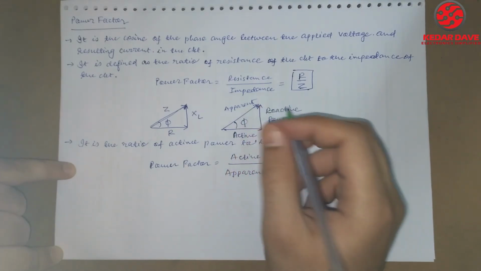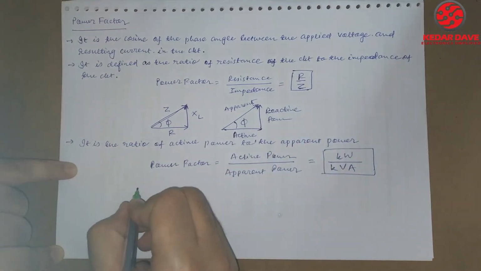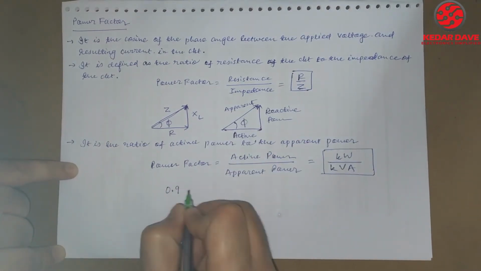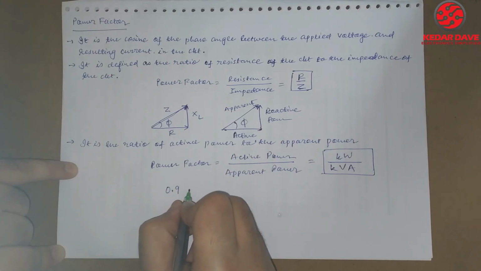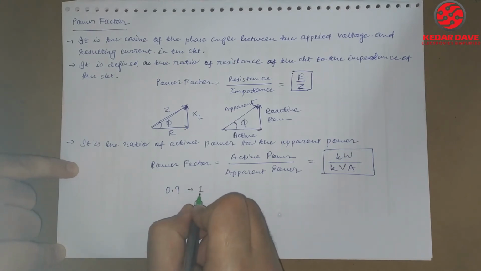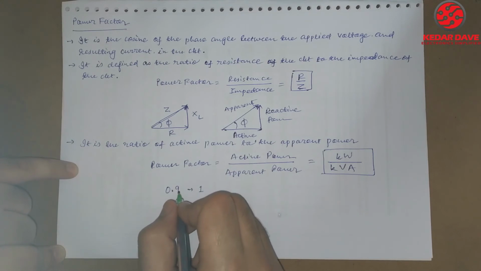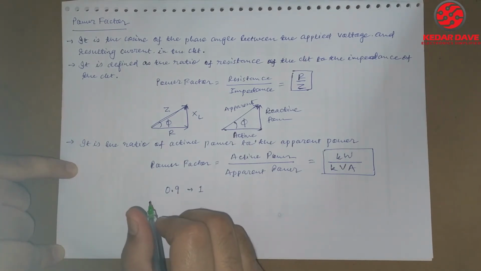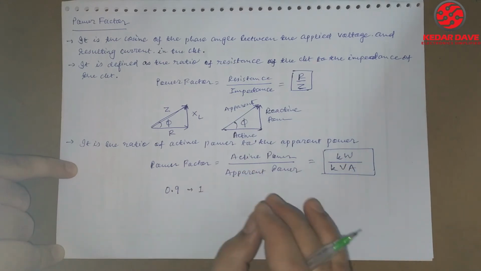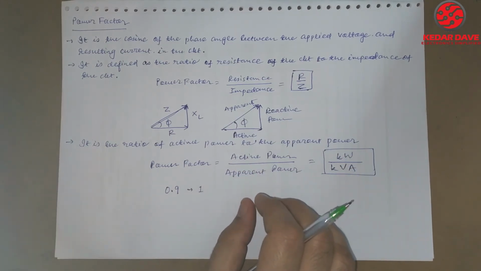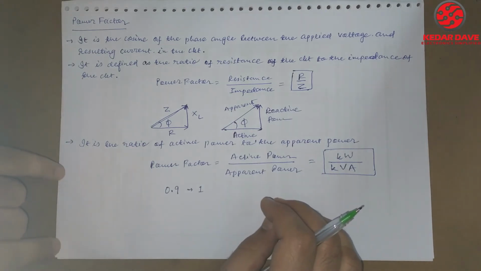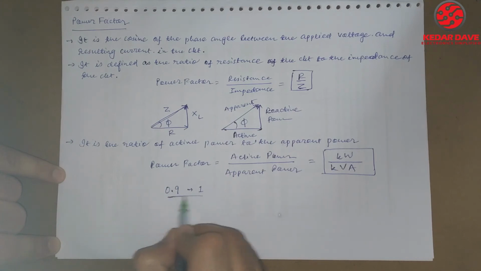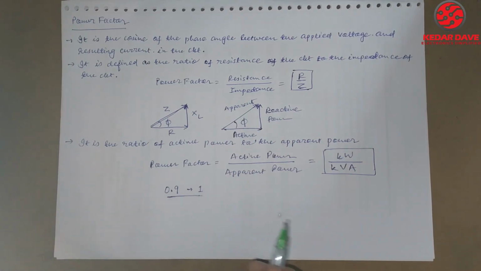So power factor is like that, as per the government standards they need to maintain it between 0.9 to 1. Okay, if they are not able to maintain this power factor, then they need to pay some penalties. So whenever we refer to big commercial industries, they need to maintain this power factor anyhow, otherwise they will be fined for not maintaining the power factor.